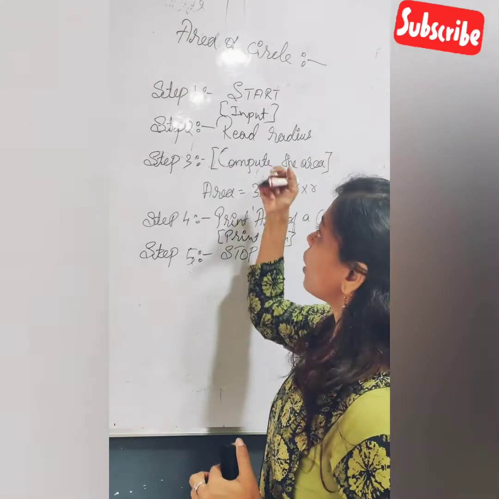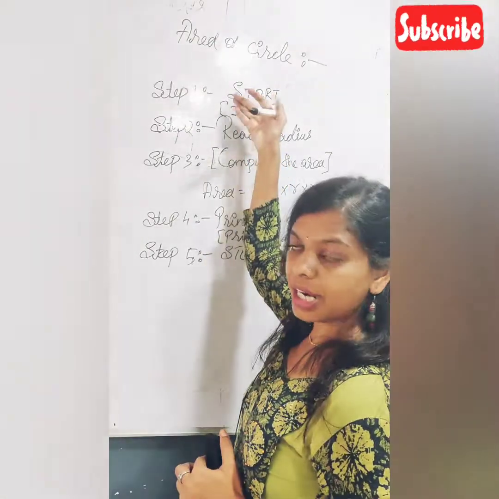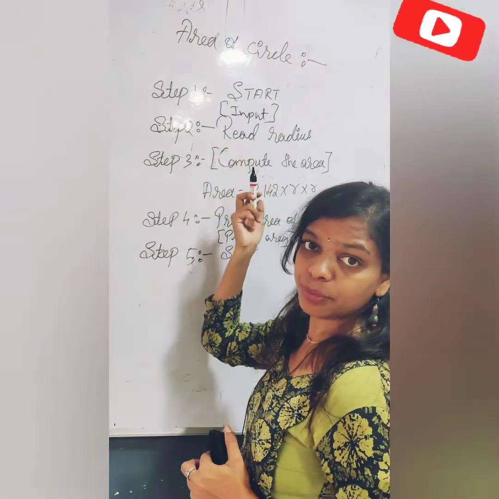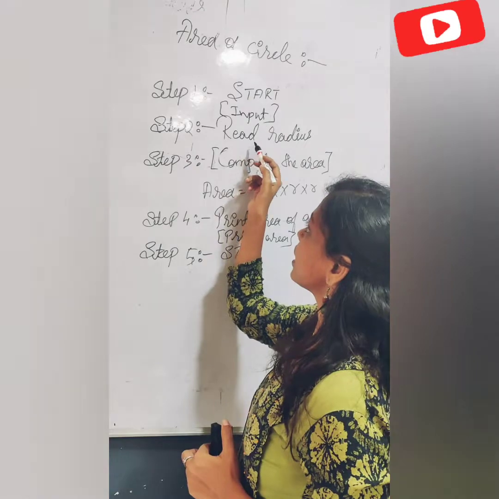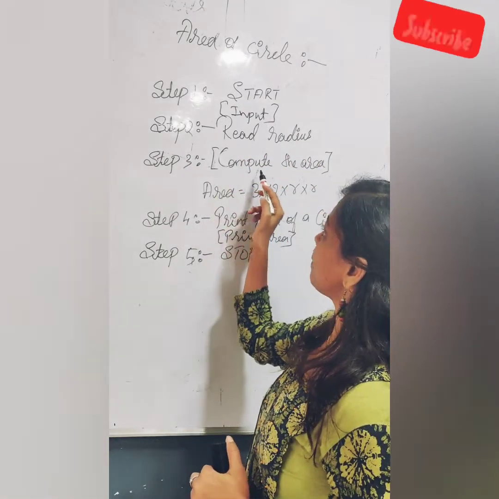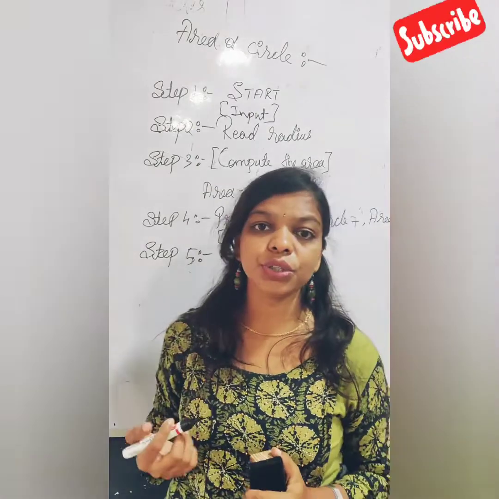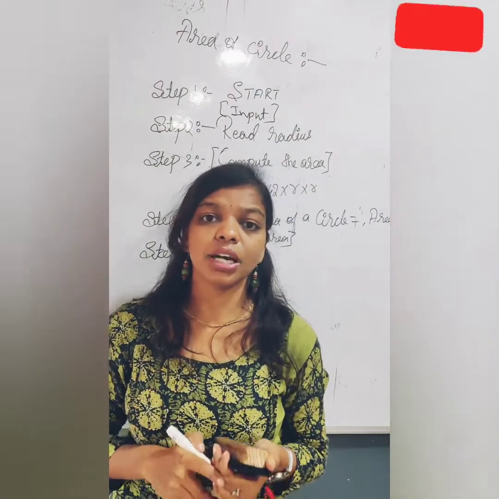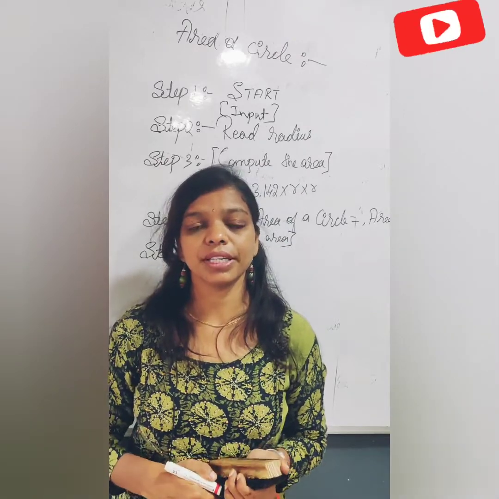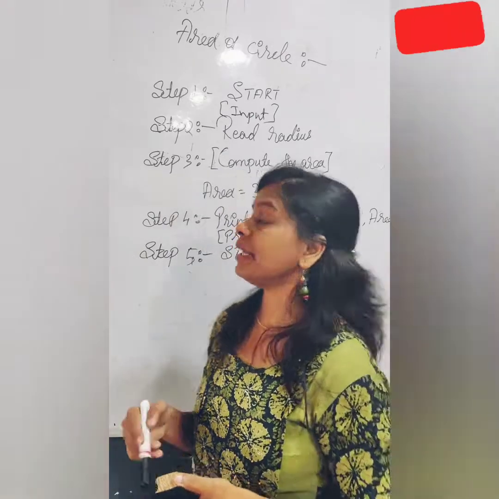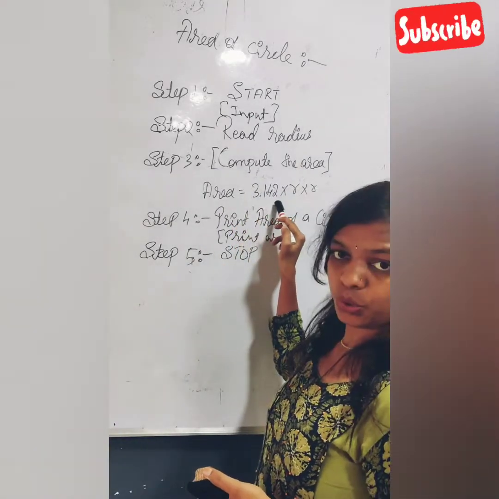So what happens? Start. The next step is for the input. What input are we going to take? We are going to take read radius. Next comes the third step, compute the area. We are going to find the value of area. How are we going to find it? What is the formula to find the value of area? That is nothing but pi r square. The value of pi is 3.142 into